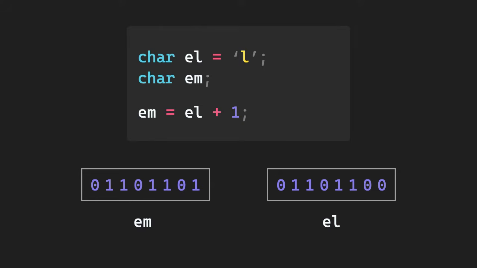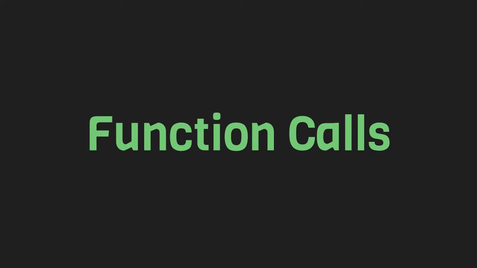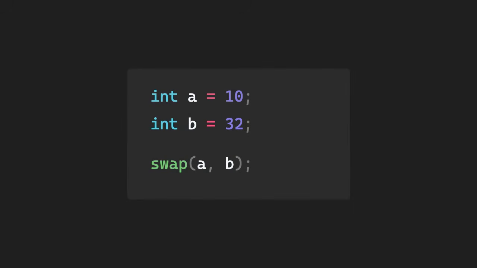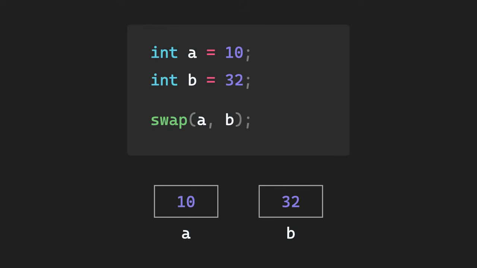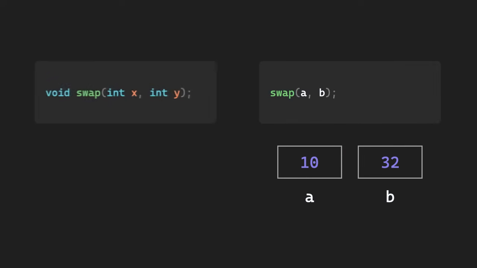An assignment statement in C is only valid if the types on both sides of the equal sign are the same. Now, let's look at how function calls happen in C. Consider this snippet of code. We're saying we need two ints A and B, 10 in A and 32 in B. Then we're calling a function swap with the arguments A and B,